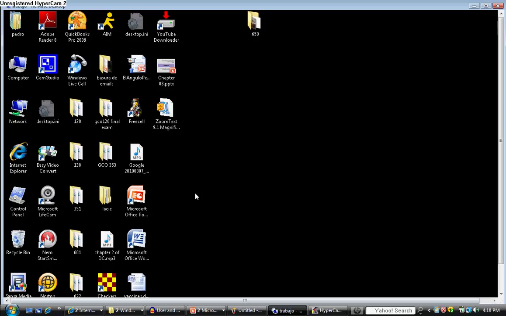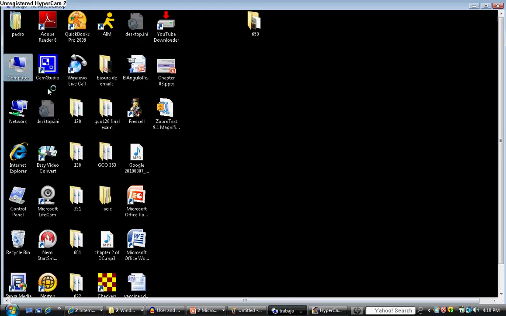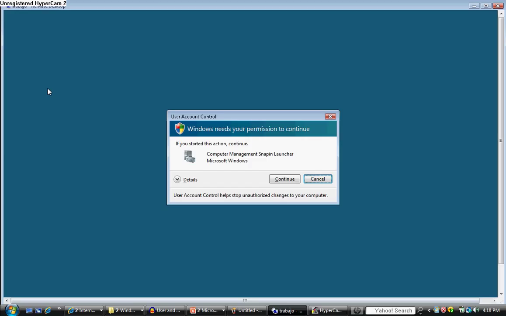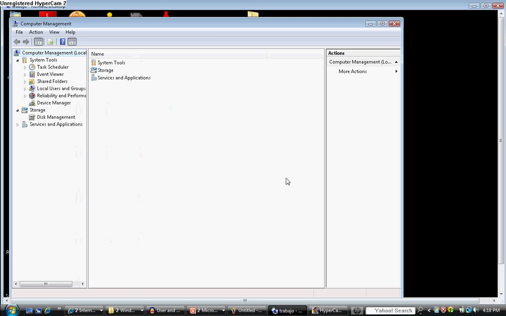In order to create new user accounts, we do a right click at computer, we select manage. At the user account control dialog box, we click continue. When the computer management screen opens up, you click local users and groups, and then if you click at groups,